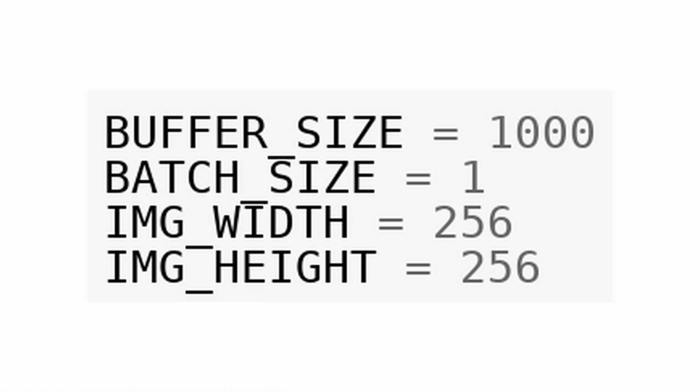In this section of the notebook, we define some fundamental parameters used throughout the model training process. The first parameter, BUFFER_SIZE, is set to 1000, which determines the size of the buffer used for shuffling the dataset. This helps ensure that the data is mixed thoroughly, promoting better training outcomes. Next, the batch size is set to 1, indicating that the model will process one image at a time during each training step, which is typical for certain types of generative adversarial networks like CycleGAN,